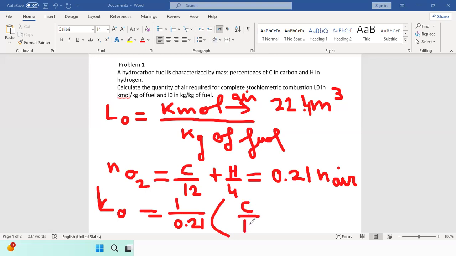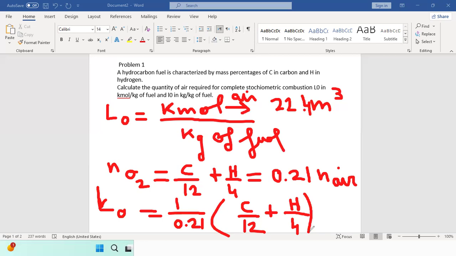So this analysis, whatever the type of hydrocarbon, once you determine the percentage in mass of carbon in it and the percentage of hydrogen in it, you can calculate the quantity of air in kilomole per kilogram required for complete stoichiometric combustion. Now, of course, if you supply a larger quantity of air, you will have excess air. And if you supply a quantity of air that is lower than the quantity required, you will have